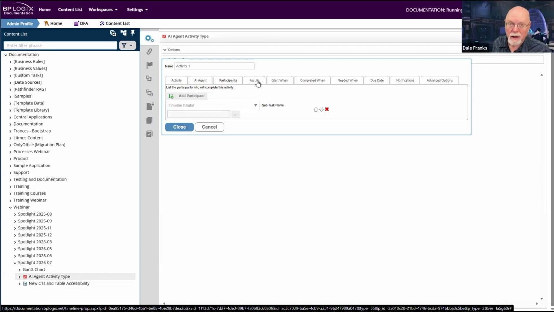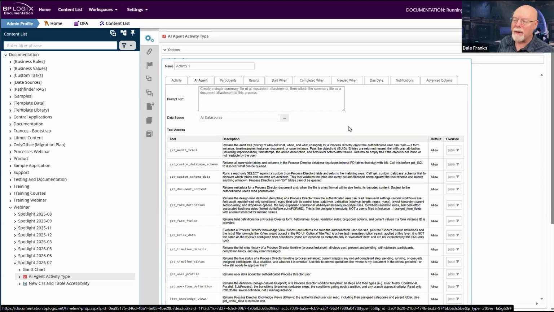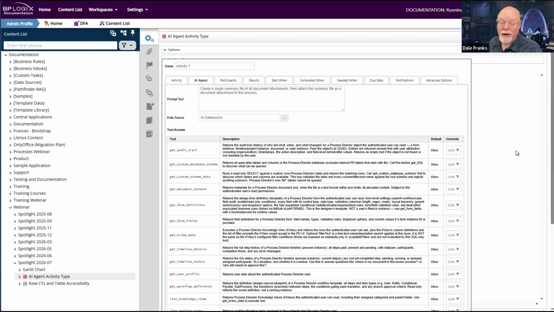Somebody is going to review what it is that you told the AI to do, and they are going to have to provide you with results. The actual custom tab that is unique to this activity is the AI agent tab. It has both the instructions that you want to give to the AI and some security limitations that you might want to impose on it.